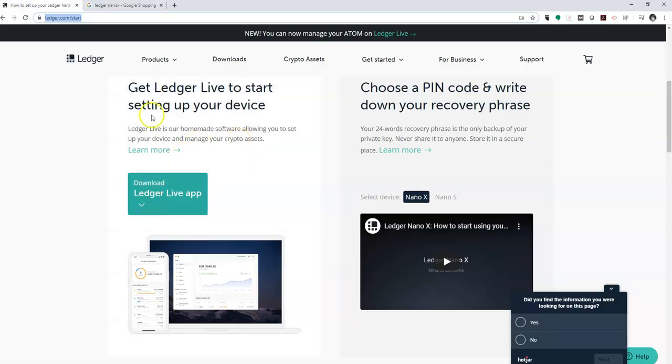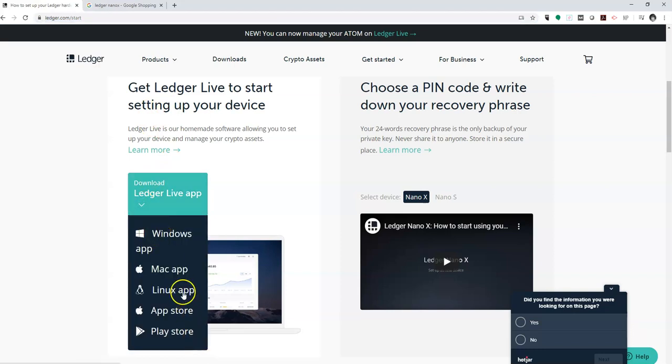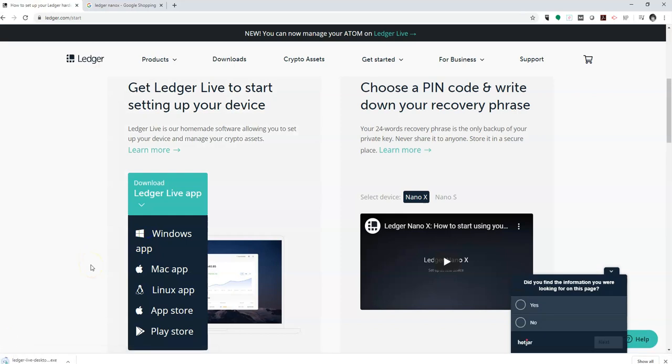Now, the first thing we're going to do is the download. I'm downloading for Windows, because that's my operating system, but you can download whichever one you feel comfortable with, depending on what you're using. I can only walk you through what I'm using, but it should be about the same as far as the steps. All right. So once the application has downloaded, you want to open up the executable file,